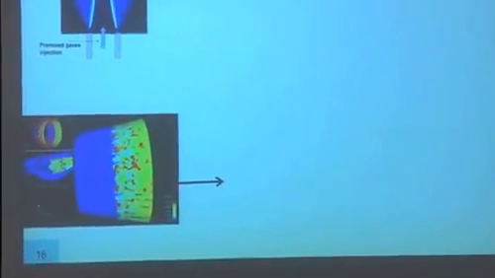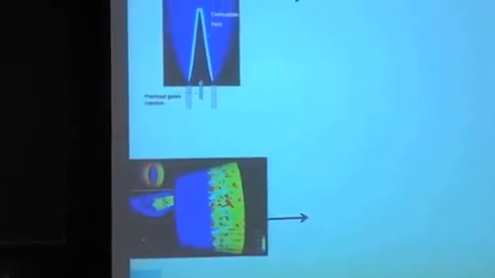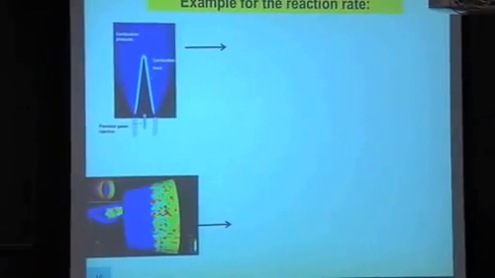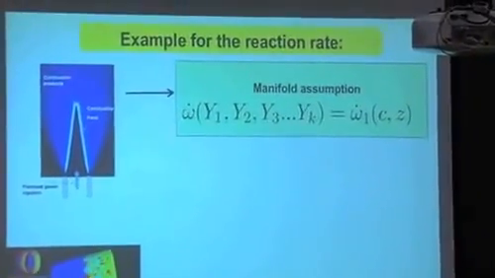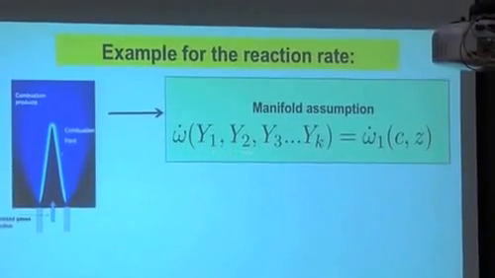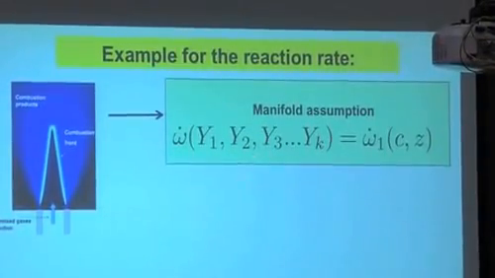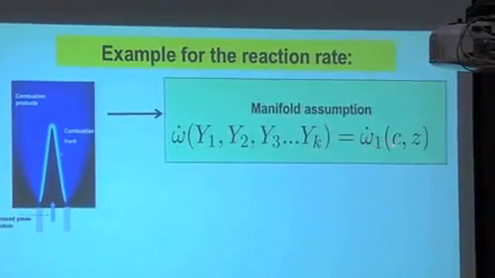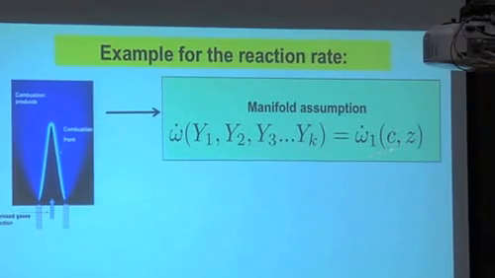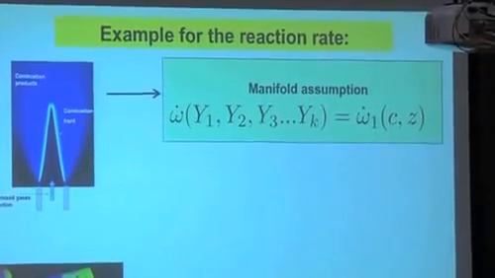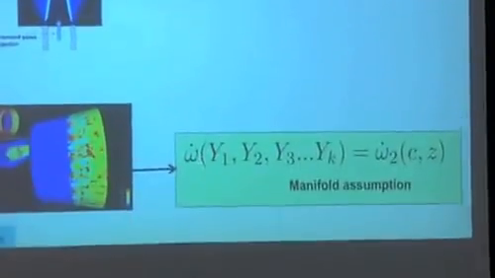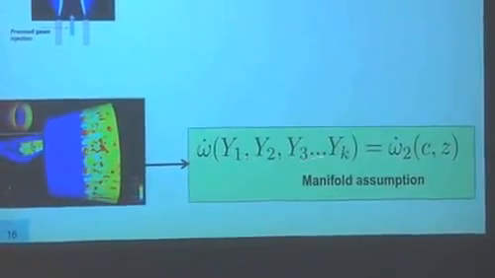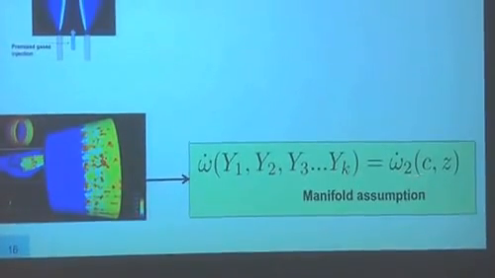Just to make my point again, we use two assumptions here. The first assumption is that in a laminar flame, if you want to compute a reaction rate, for example, which depends on 300 species, you can actually tabulate it with only two variables, typically the progress variable and the mixture fraction. That's the first assumption. You use the same assumption for a turbulent flow: you assume that all the reaction rates you need, which depend on a lot of species, actually depend on only two.